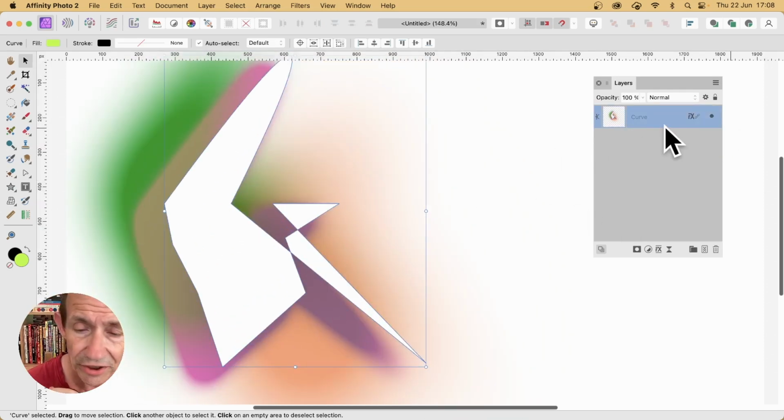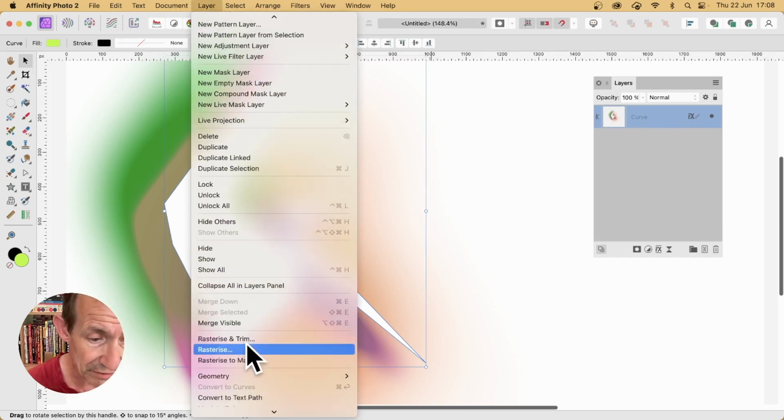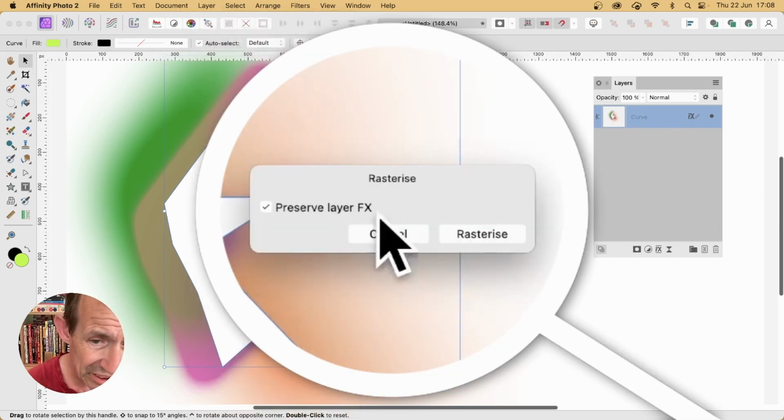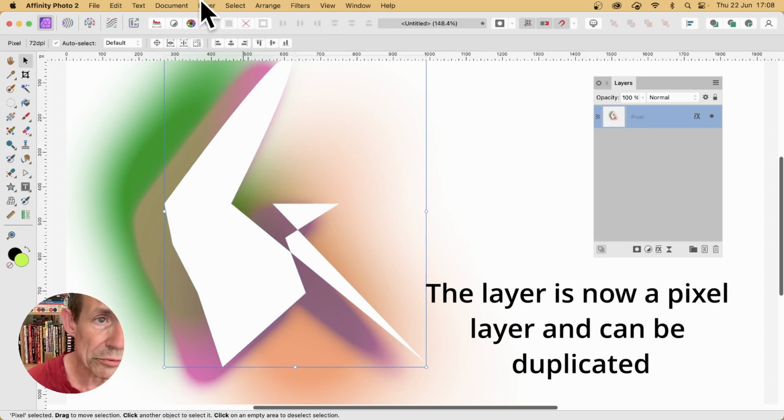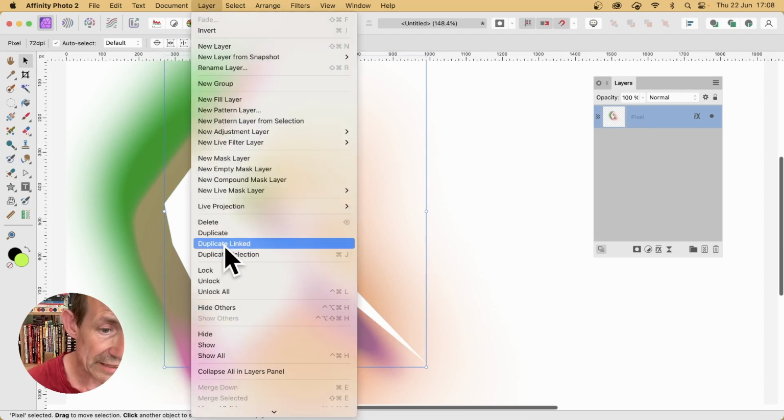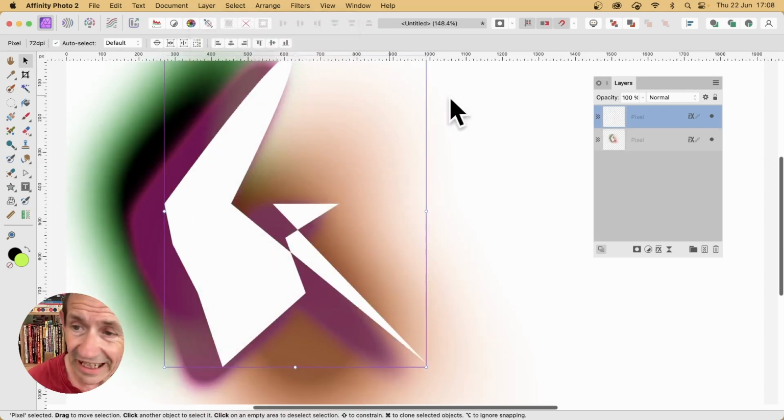So you've got this curve. Now I can go to Layer and down to Rasterize. And I want to keep the shadow, so preserve layer effects. Yes, I want to do that. So rasterize. Now I can go to Layer and Duplicate Linked, Layer and Duplicate Linked, and I've got this second